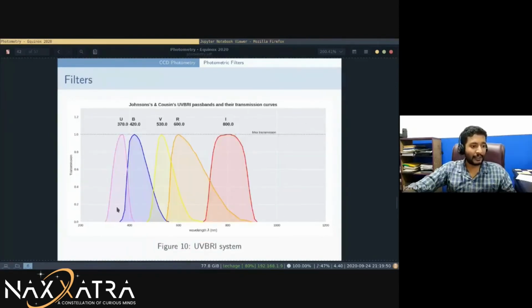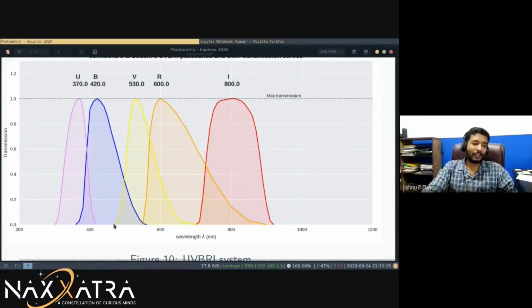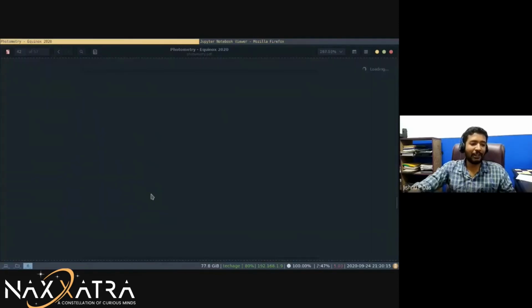Now you see the UV filter transmits a lot of light in this particular wavelength. But when it comes to the left end, its transmission is less. And when it comes to the right end, its transmission is again less. So the central region transmits a lot, the edges not so much. So what is the implication that we have?